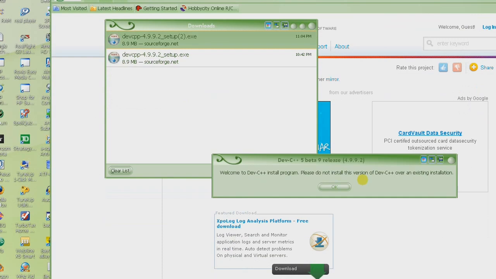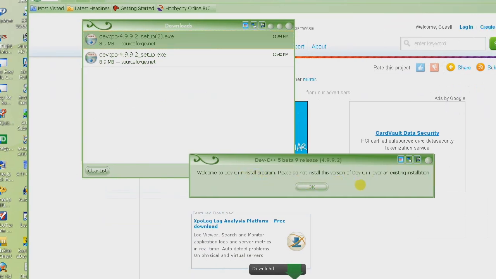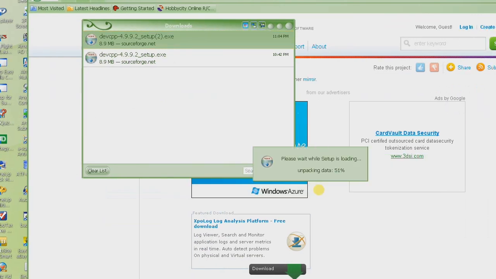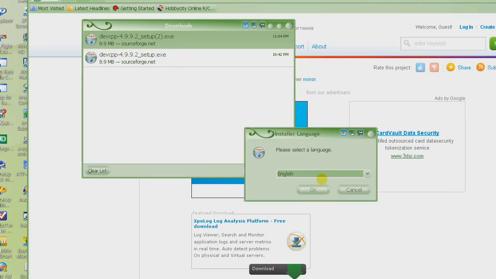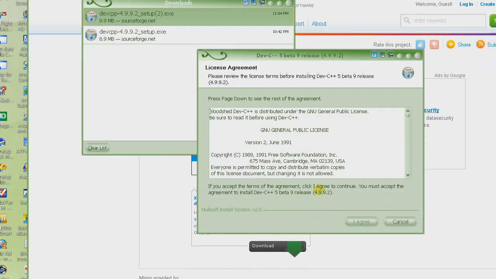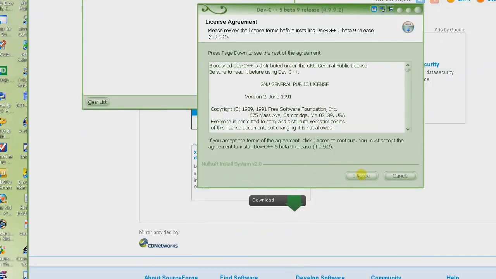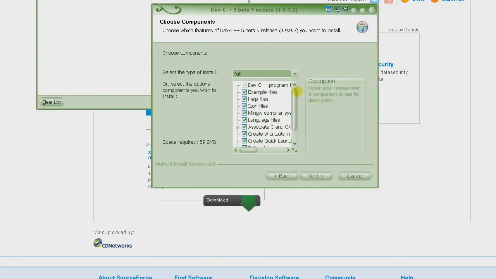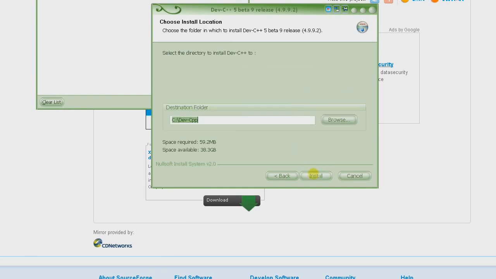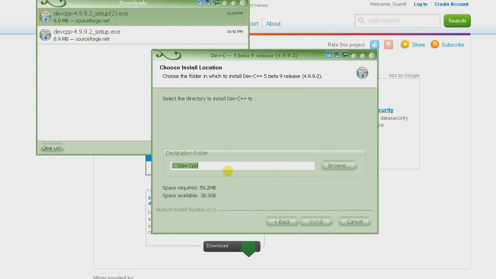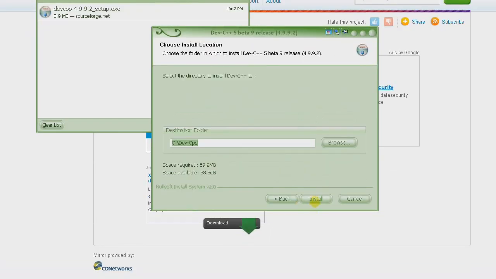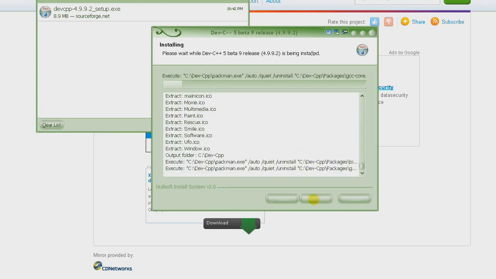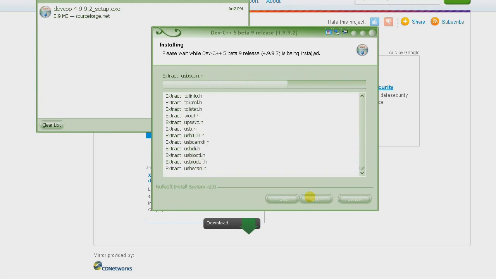You say run, and it basically says to make sure you don't have any other version installed, and then choose the language, which is English, and click on I agree, and install everything that it's trying to install. Then it's showing this directory where it's going to be installing this compiler and IDE. Just click on install and leave it at the default directory. It will finish installing,